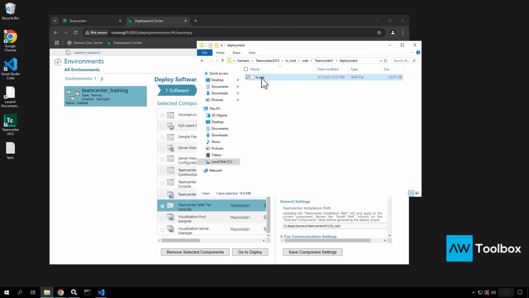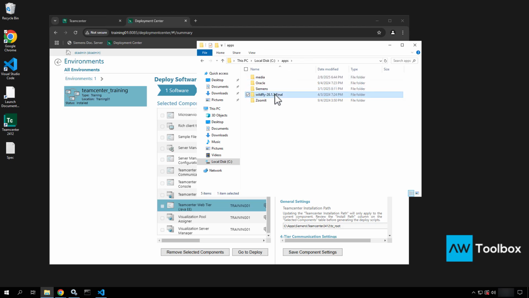This will also include your single sign-on services, the TC login and TC identity services, if you were to configure those, as well as any additional WAR files that may need to be built for any add-ons. So the goal of this is to take this and deploy it out to our web tier. So I'm going to take this file and choose copy, and then I'm going to go to my apps,